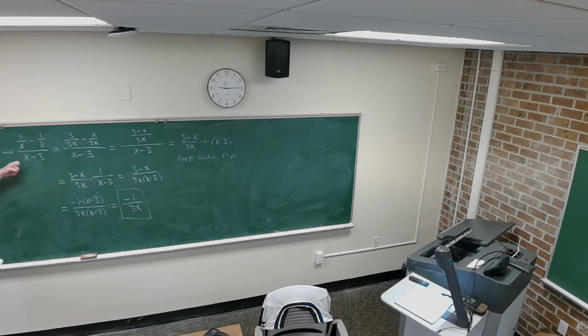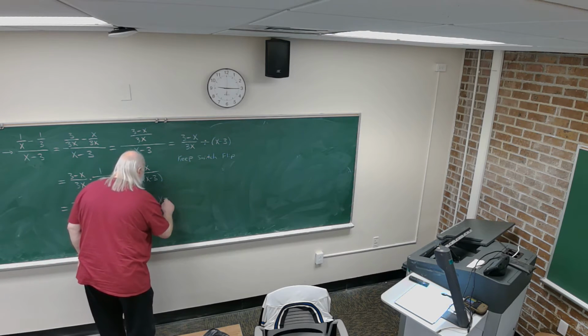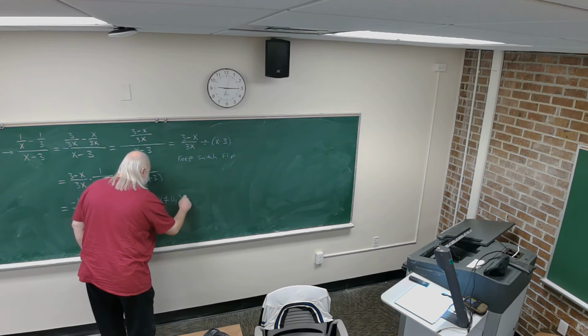Now, starting with looking at the original rational expression, what can x equal? x can equal 3, because 3 minus 3 is 0, and you have 0 in this denominator. What else can it equal? 0, because if x equals 0, you've got 1 divided by 0 in this quotient, right? So there are two values that x can equal. x can equal 0,